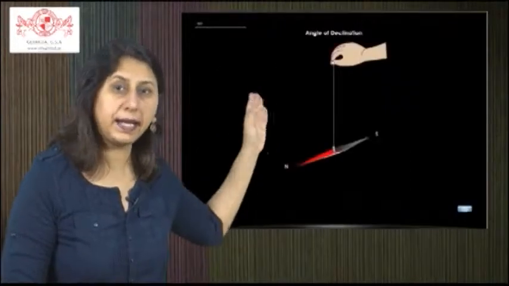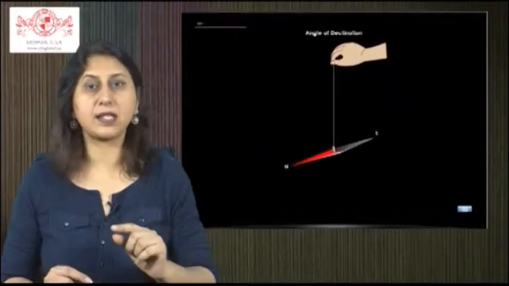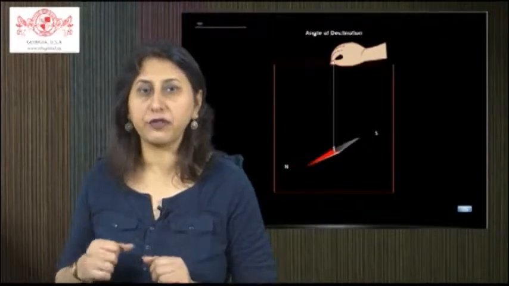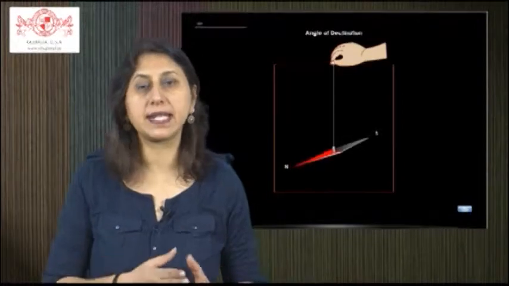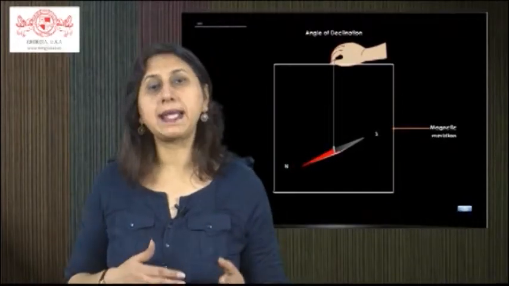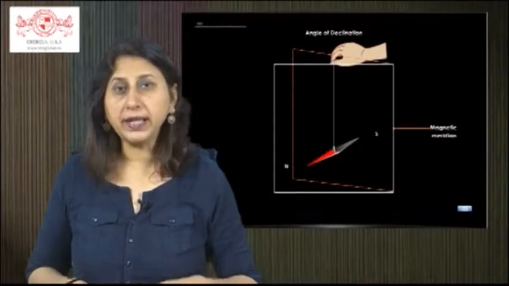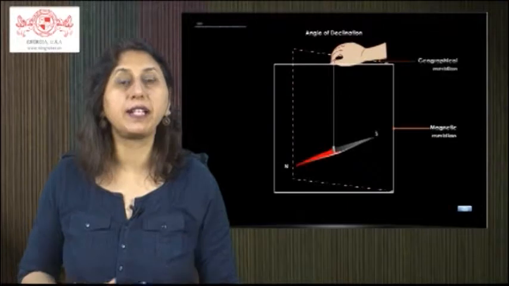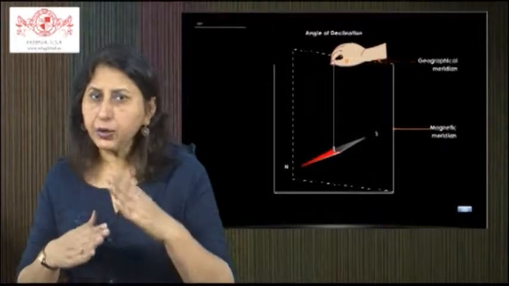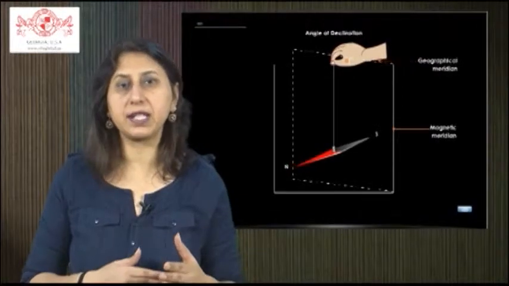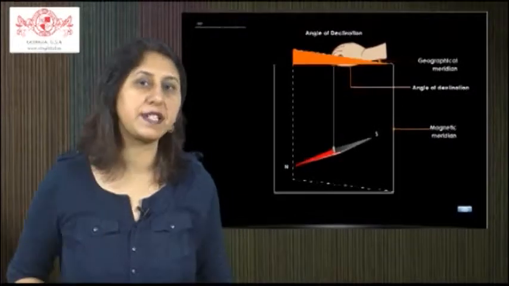Angle of declination. The vertical plane passing through the axis of a magnetic needle suspended freely through its center of gravity is called the magnetic meridian. Similarly, the vertical plane passing through the line joining the geographical north and south poles is called the geographical meridian. The acute angle between the magnetic meridian and the geographical meridian is called the angle of declination